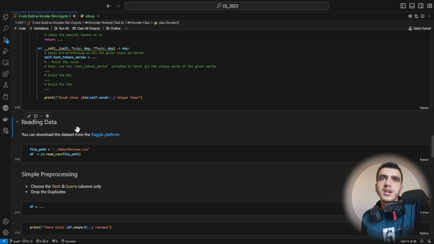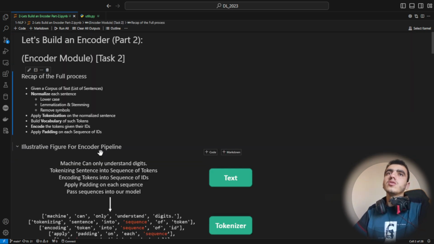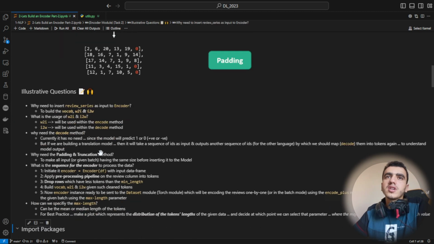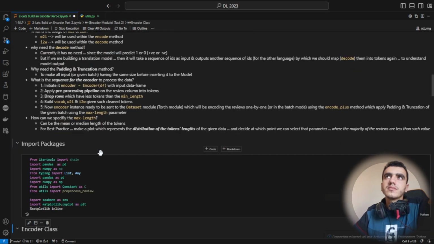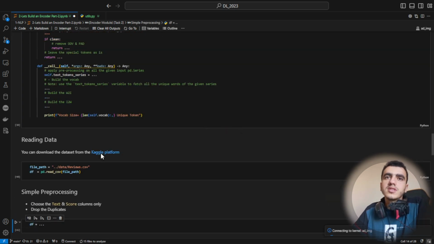I have downloaded this data from the Kaggle platform, so you can download it as well from your side. Okay, so let's get started. I will be importing the packages, and I will be starting with this data. I will be reading this data set,